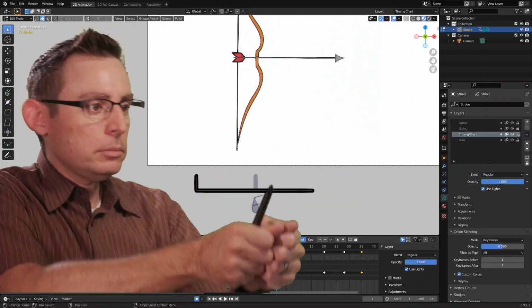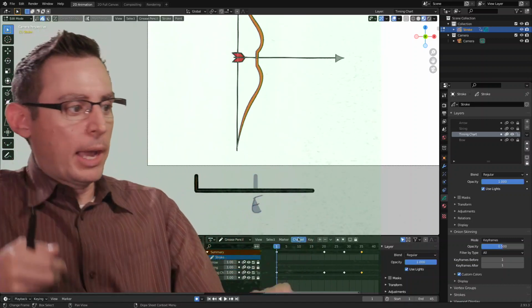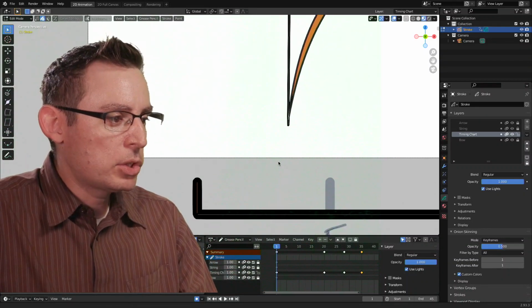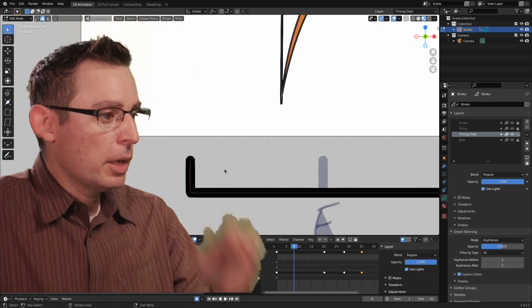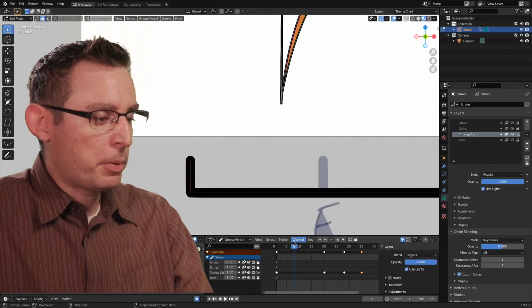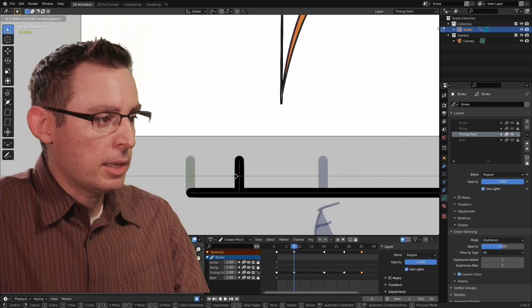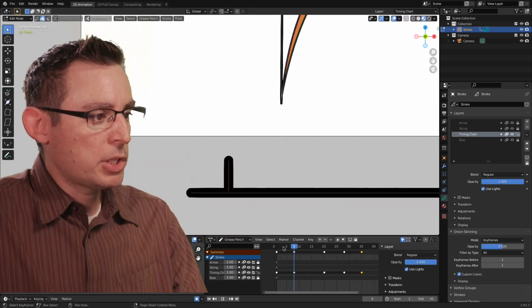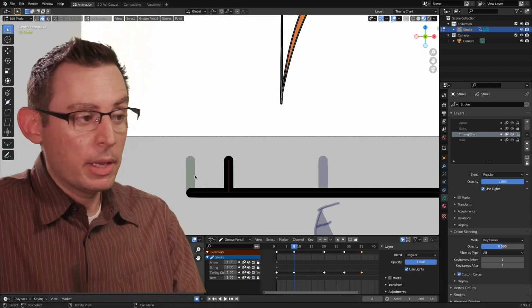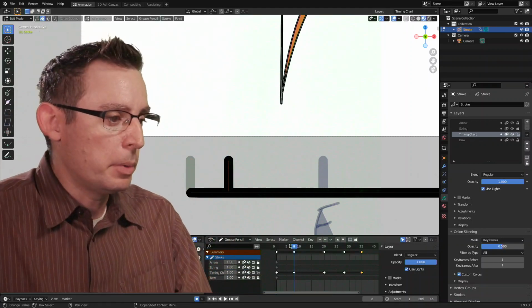So I know that it's going to be a slow movement at the beginning, slow, then we're going to jerk it back, and we're going to hold it. So on frames, let's see, since we're going to frame 20 here, I know that I want to have maybe, let's do this. Let's have 8 frames of easing, and I'm going to grab my playhead on frame 8, grab my stroke, fire off the grab tool, hit the X key, and I'm going to place it maybe right there. That's going to be my visual representation of how far, or how fast, excuse me, this animation is going to be, or the initial easing out of the bow string is going to be.